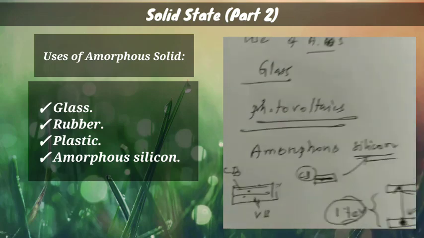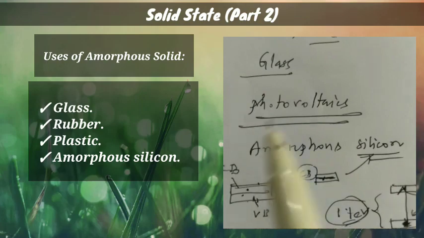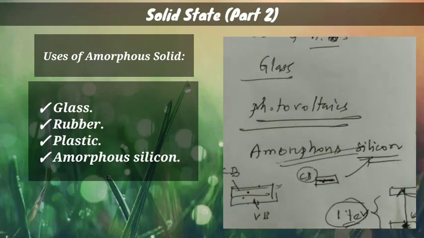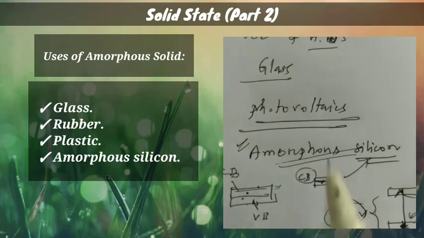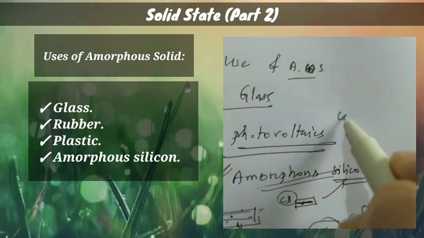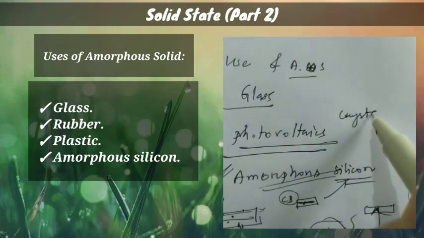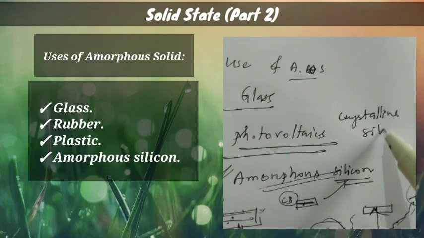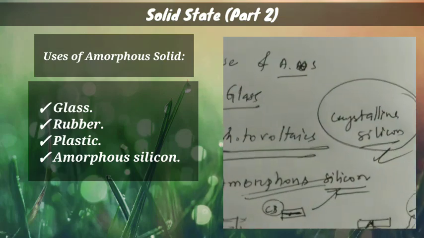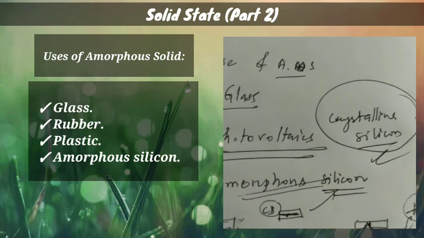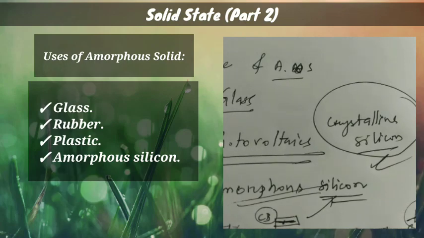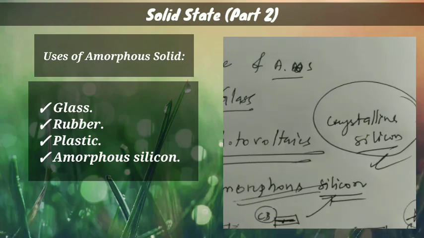That is the reason. So amorphous silicon, coming to the main point, can be used in photovoltaics, okay. Because the cost of amorphous silicon is not so high, but previously we used crystalline silicon. The cost of crystalline silicon is very high. It is the pure form of silicon, okay. To prepare crystalline silicon, a huge amount of energy is required, okay, a huge amount of energy. So it is very costly.